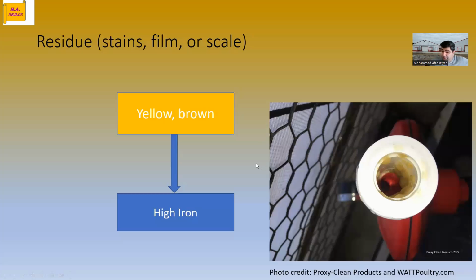So again, if you send out your water sample to a lab and it's confirmed that your water iron is high, again, you can use the oxidation method or reverse osmosis or shock chlorination of the well. Because if your water iron is high, it's going to feed pathogen bacteria and you're going to get